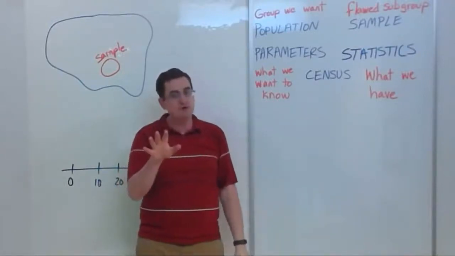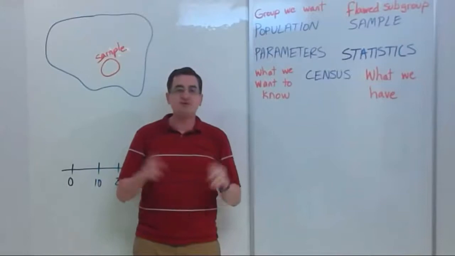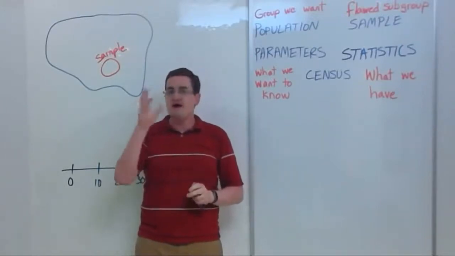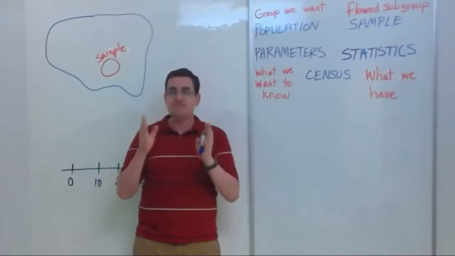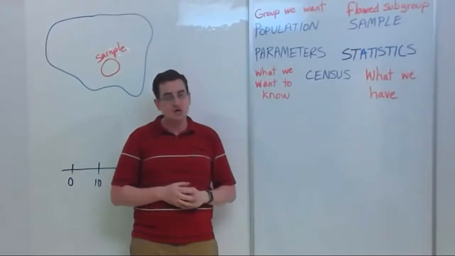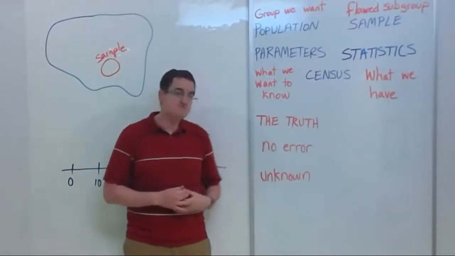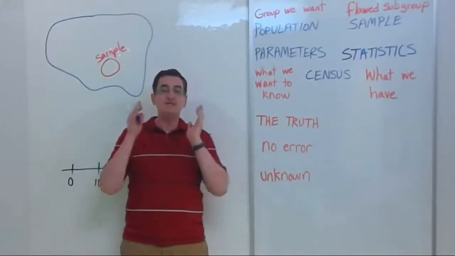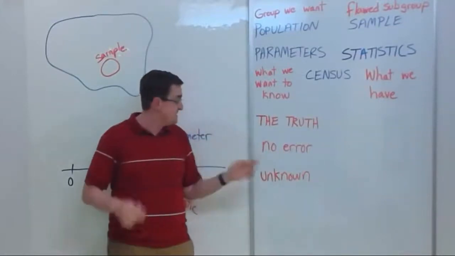Although if you really want to annoy a statistician, talk about your sports statistics. Are those really statistics? You have every single yard thrown by that football player. That's not actually a statistic, that's a parameter, but nobody wants to call them sports parameters. So the parameter is the truth. There's no error. It is the facts with no mistakes.